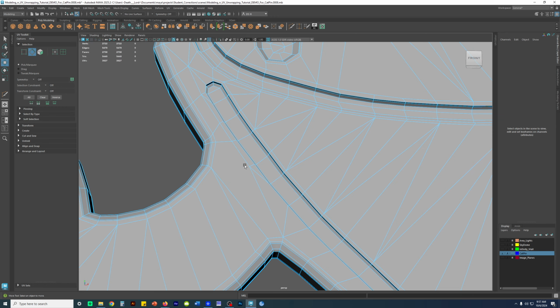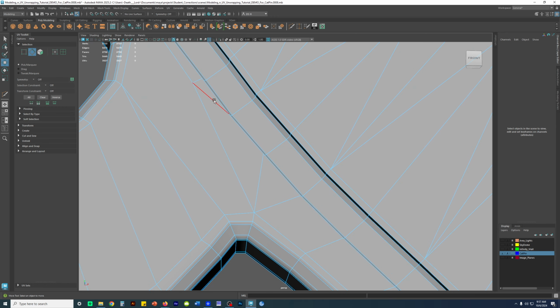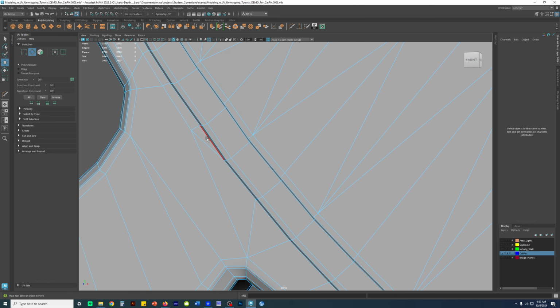This part needs to be done. This is going to connect. Backspace, shift right click,